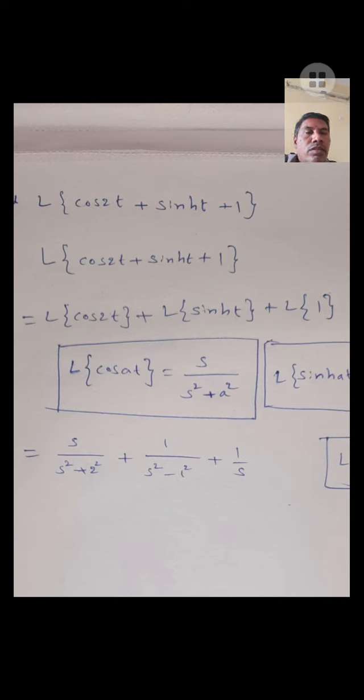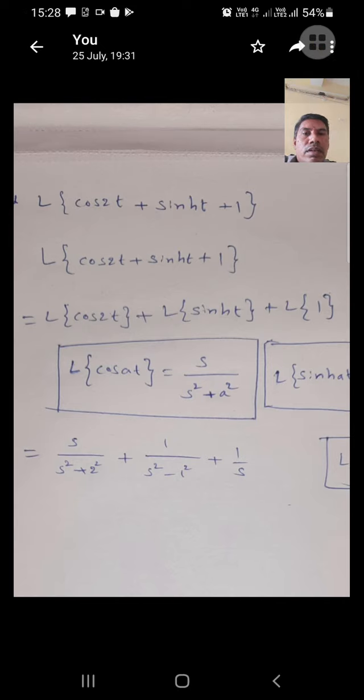So I hope you read the formulas and you know how to apply them, and then if you know the substitution and simplification, then you will get full marks. So try, and all the best. Have a nice